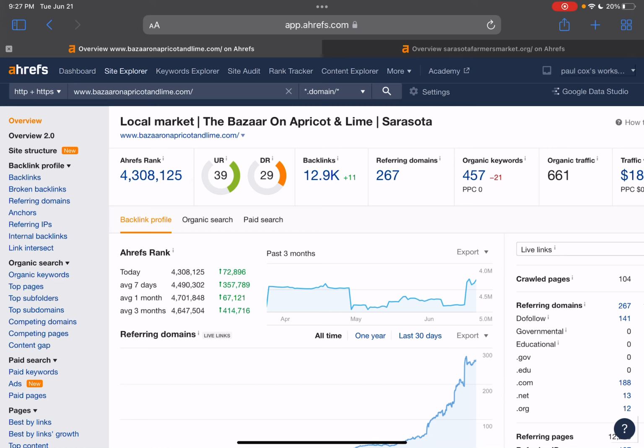So you don't want to have, in this case, a service industry website or comment blog talking about plumbing or house stuff, and they're going to link back to your website, and that's going to, in Google's eyes, look like it could be spammy to them, and that would hurt your UR or DR rating, which also will affect your rankings on Google. So you do have a lot of backlinks,